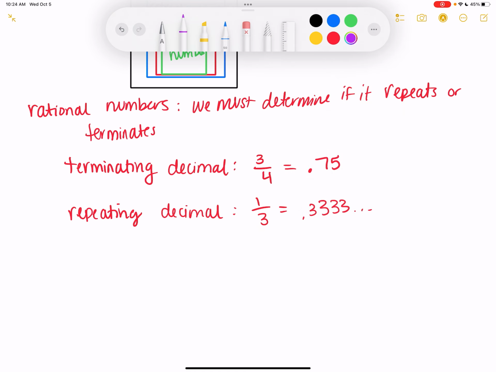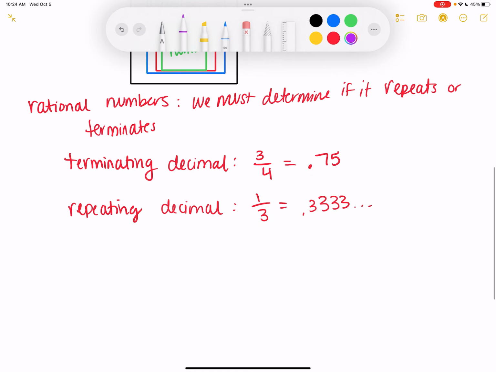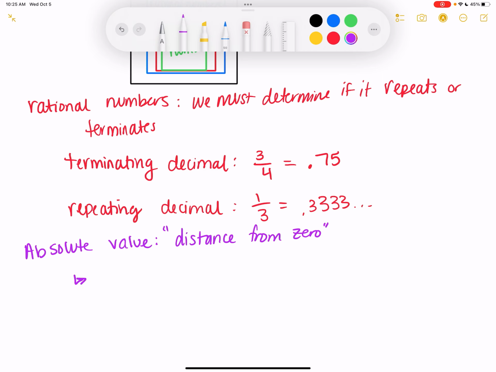All right, and then absolute value. I always call this, or say when I hear this, distance from 0. Because what absolute value does is it makes everything positive. So it's a matter of how far away it is from 0. So officially, this is what I always say: distance from 0. But what your book says is